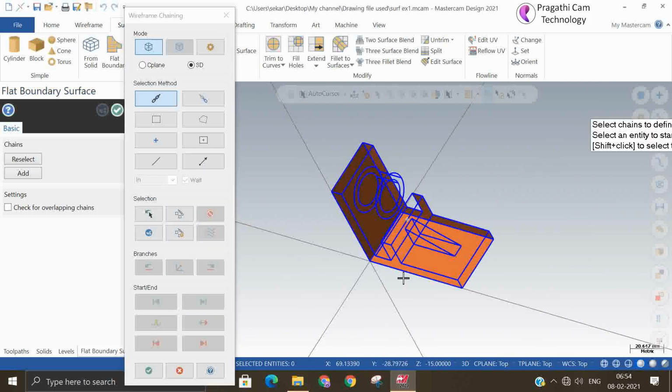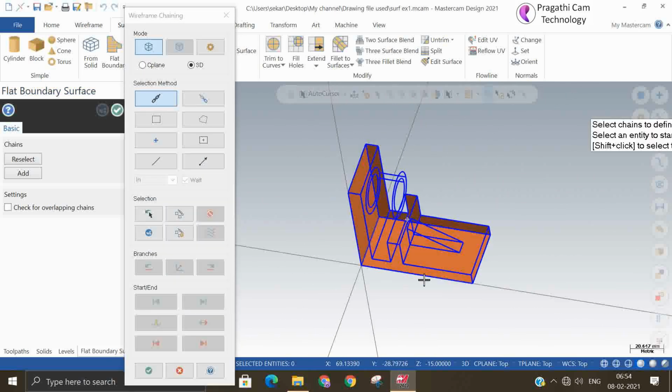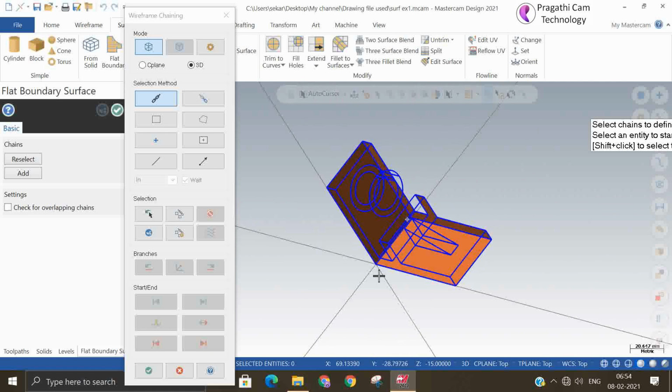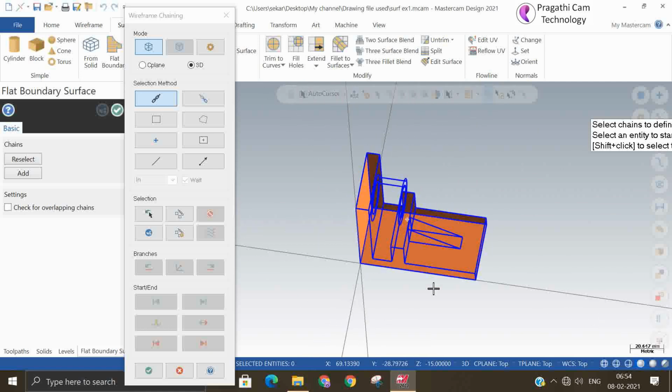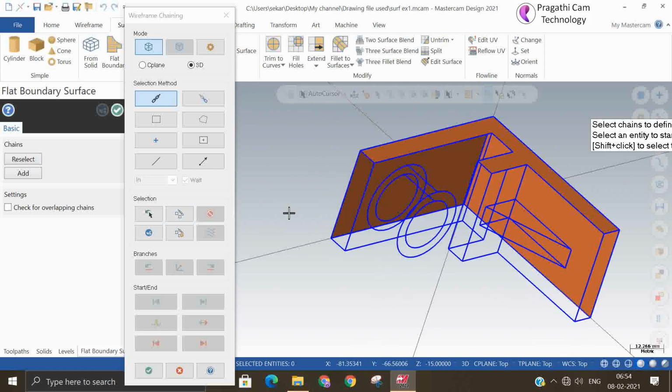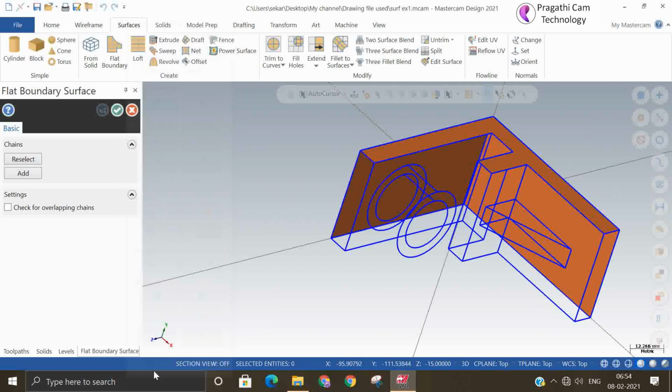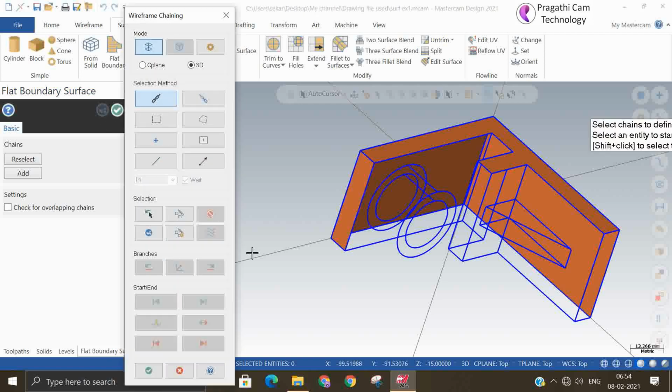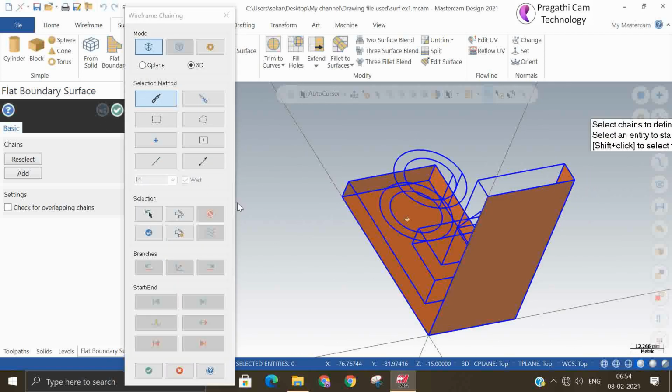Why am I doing hidden surfaces first? Because if I do it from the front, making the backside surface is a little difficult. So I am covering the hidden surfaces first, then adding one by one so that I will build the complete model.